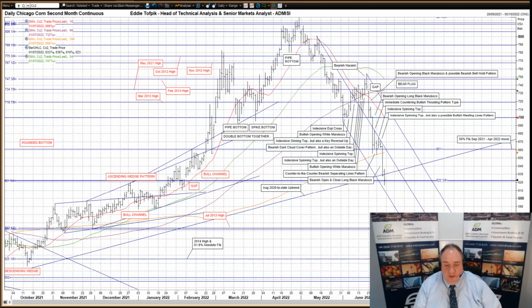Chicago corn. Last week I drew my first bearish Andrews pitchfork for, well, I don't know how long. This week, the market looks like it's trying to verify that pattern, as the middle tine, currently 664, was late last week and into the beginning of this week, used as overhead resistance, with support being provided by the combination of the 50% Fibonacci line of the September 21 to April 22 move at 661, plus the rising long moving average, currently 656. The market was getting squished between the descending middle tine and the stationary 50% Fibonacci line until yesterday,